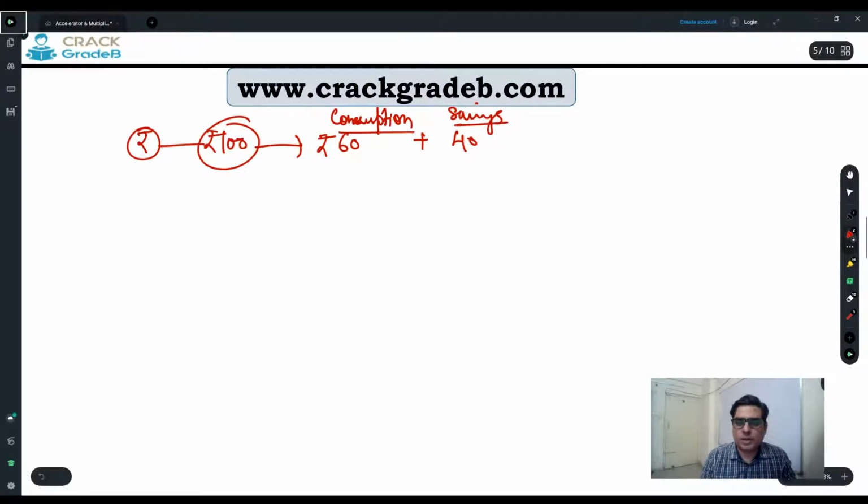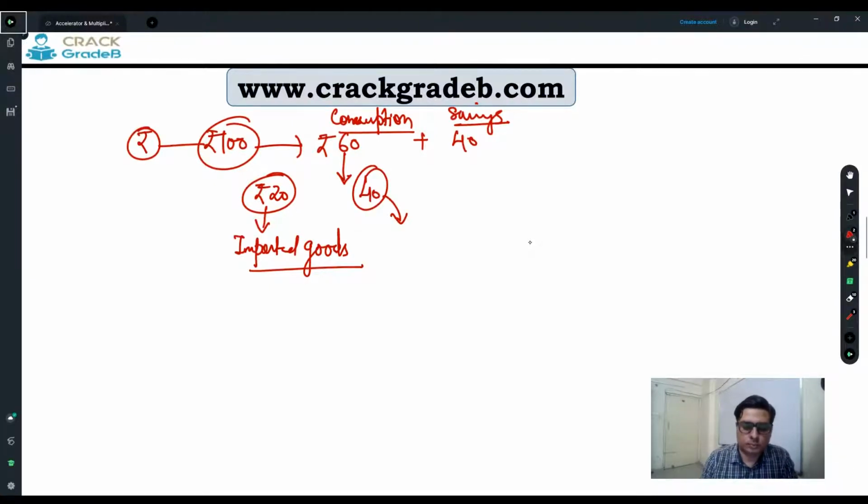Okay, consumption and savings. So out of this 60, suppose that 20 rupees I have spent on imported goods. 20 I have spent on the imported goods. Rest of the 40 I spent